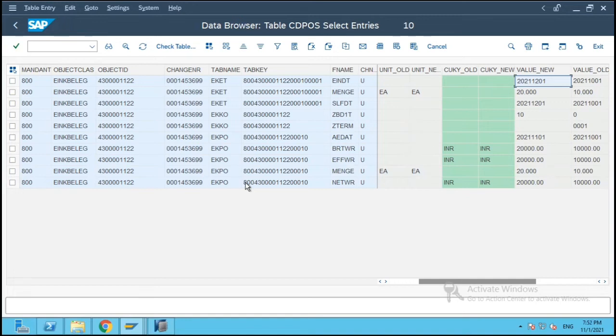Now let us understand how this table key column is created. 800 is the client, which is common in all the entries over here, followed by the PO number.